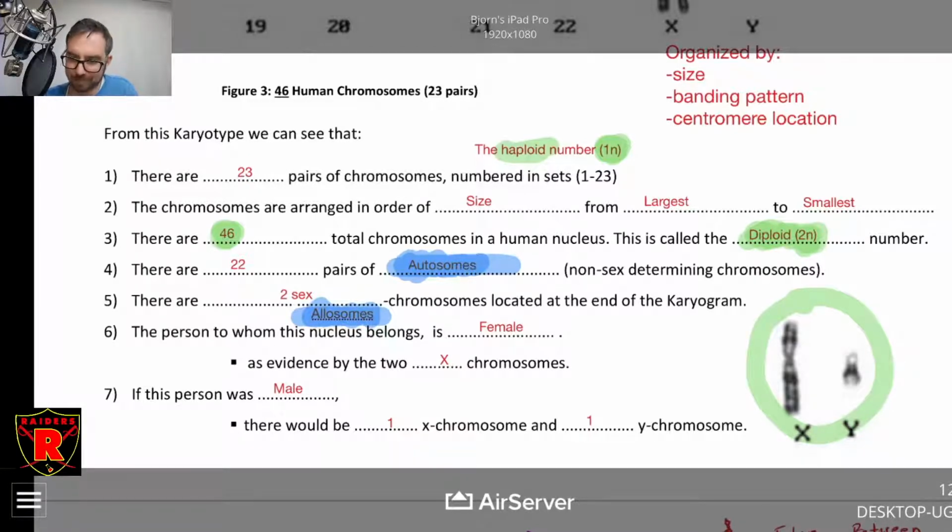Yes, short answer to your question, Lillian. A person with Down syndrome has 3 of chromosome 21, trisomy 21, or is it trisomy 18? Now I got to look this up. It's one or the other. 3 of one of those, and so they do have 47 in total. That's correct. It's not 24 pairs. It's 23 pairs plus 1. So the last one is not a pair. It is just an extra.